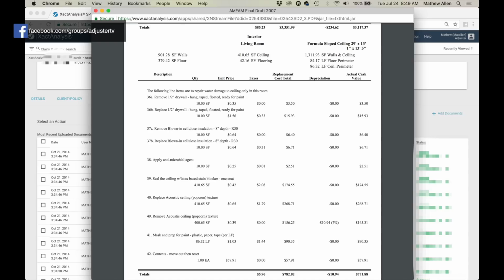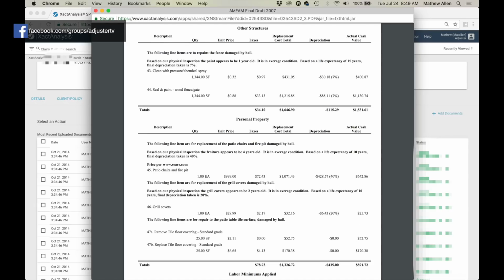If there was 2 or 3 or 4 other things, then I would pop that on there and say, just also add a note to this. So keep in mind that your corrections can snowball in that way. 1 or 2 little things like that, they might not say anything about, but then if you had one big thing in there that they have to send the file back for, then they're going to pop those other 2 or 3 little tiny things on there. And so you're going to have a whole bunch of corrections. So you've got to make sure that when you are reviewing your own file before you send it up, being your own quality control, that you catch all of these little things so that they don't get sent back for dumb stuff. On the personal property stuff, I'm just double checking that the adjuster has kind of put in here